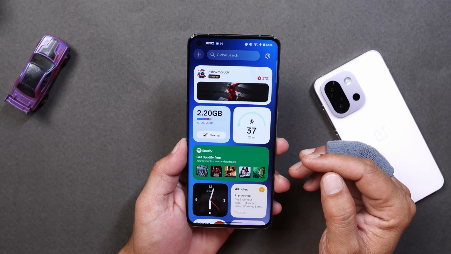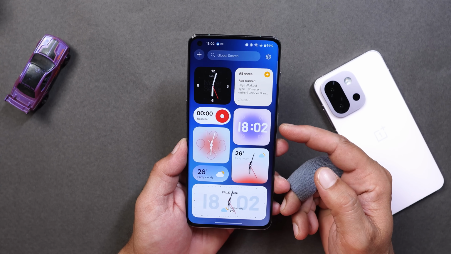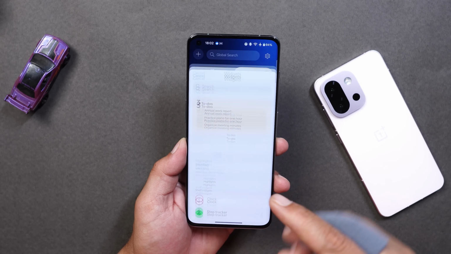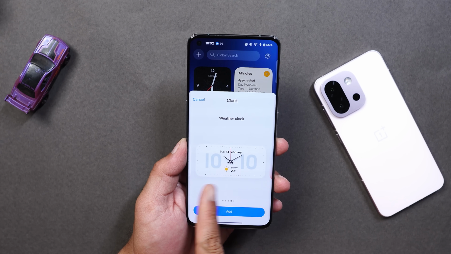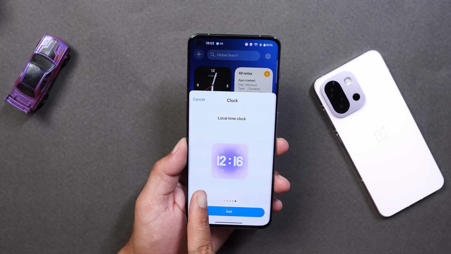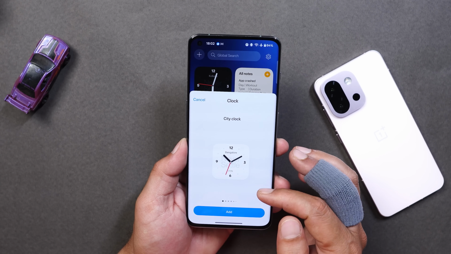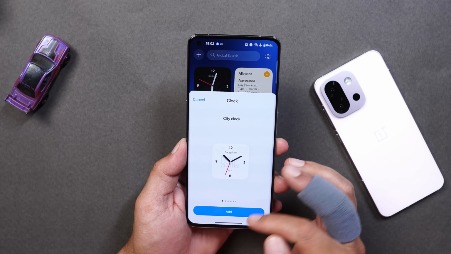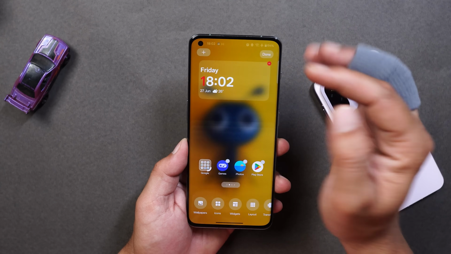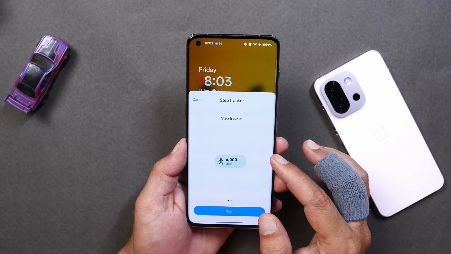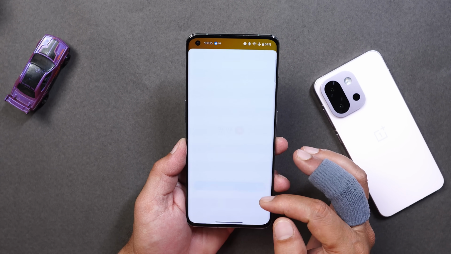And in the shelf also we have got some new clock styles. I mean in total 5 clock styles have been added. So tapping on the plus icon, tap on clock, and here if you scroll you can see these are the new clock styles being added by OnePlus on the OnePlus 11 series. Basically these clock styles cannot be added on the home screen. Currently they can only be added in the OnePlus shelf. And also OnePlus is adding these smaller tiles. For example, now step tracker has got this smaller widget, and in the same way they are also present for applications